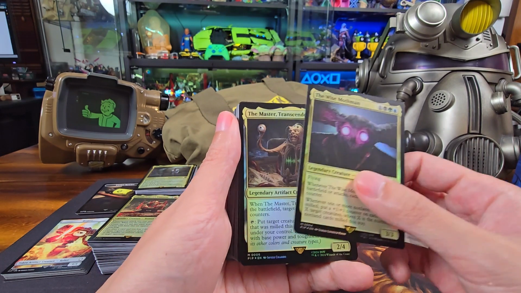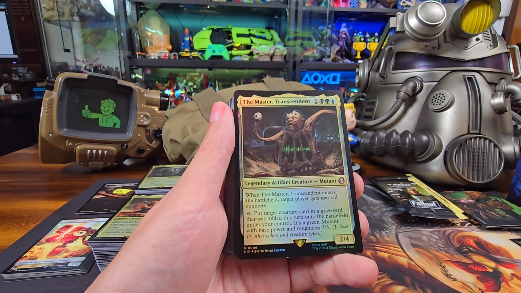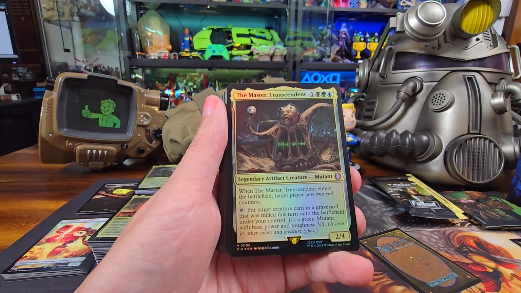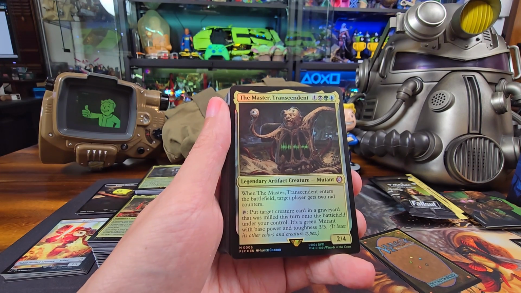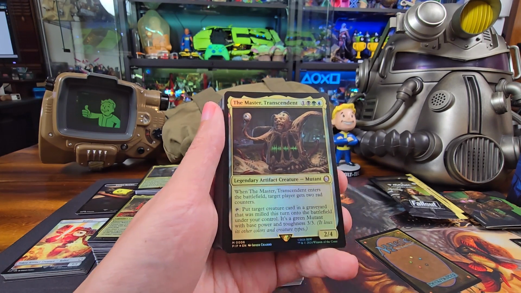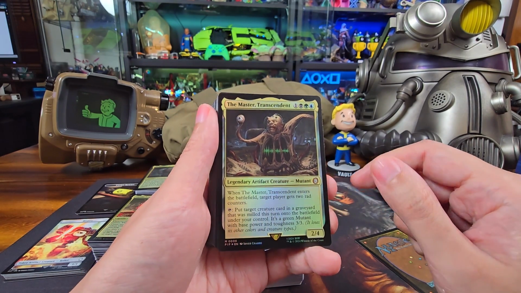Okay, this ugly mug here, the Master Transcendent, looks like someone from Doctor Who. When he enters the battlefield, each target player gets 2 rad counters. Put target creature card in a graveyard that was milled this turn onto the battlefield under your control. It's a green mutant with base power and toughness 3/3, so you can use him to cheat creatures into the